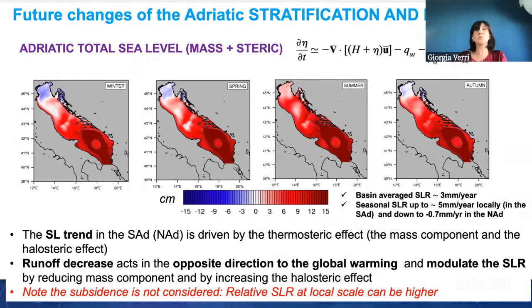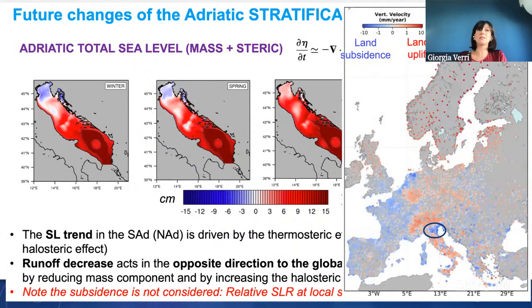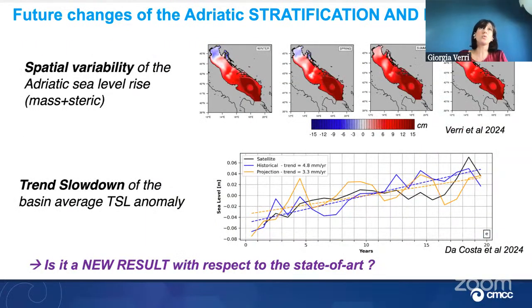When we look at these results, we have also to keep in mind that here we are not including the subsidence effect. And we know from the literature that it is expected to play a key role with respect to the sea level rise in the Northern Adriatic. It could explain up to 50% of the sea level rise in the Northern Adriatic. So if we add also this additional effect, the relative sea level rise could be positive also in the Northern Adriatic. Anyhow, what we want to stress, to highlight on the basis of our downscaling experiment is that this dynamical downscaling